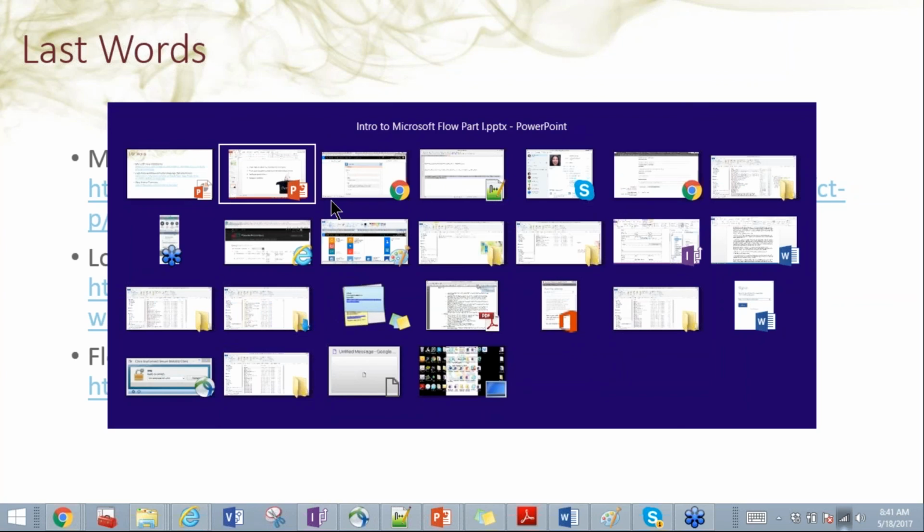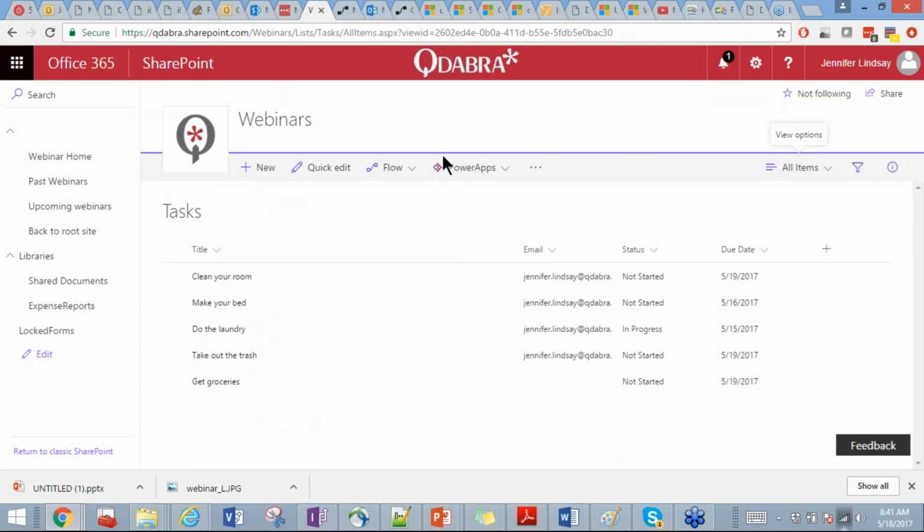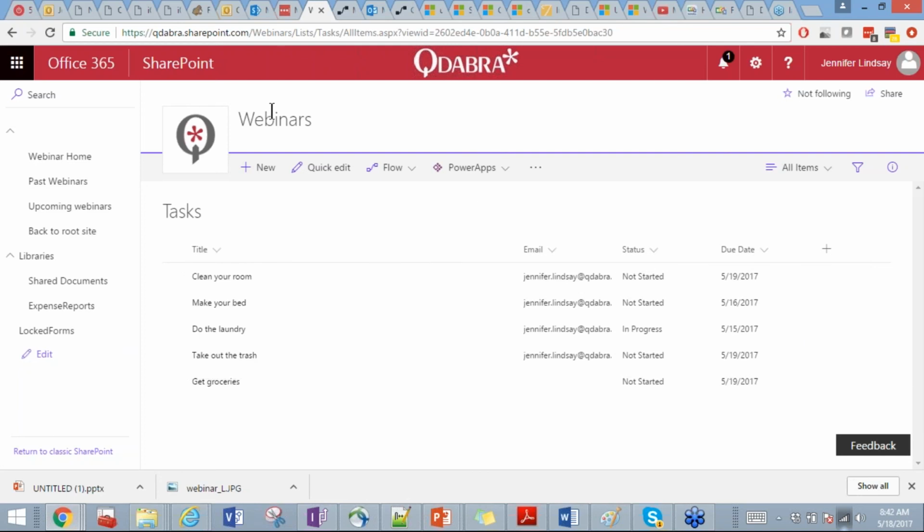Another way to do it sometimes is if you go to the library, and if you go into settings, I'm sorry, I'm not finding the list settings menu.